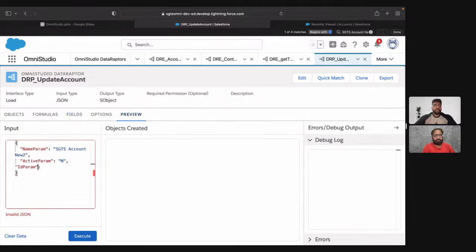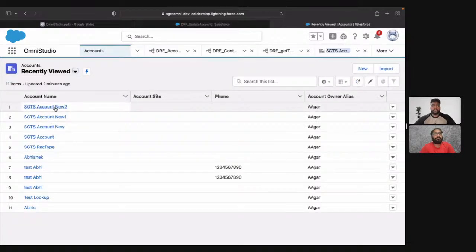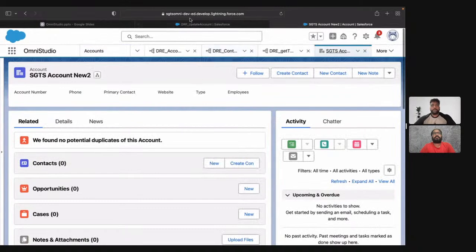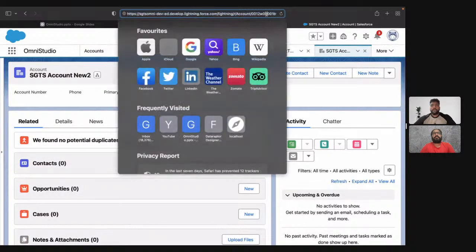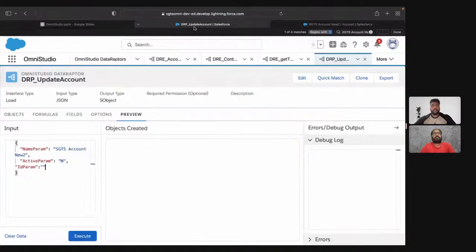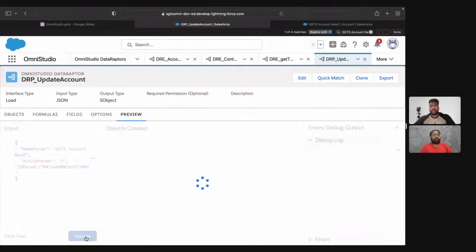ID param, and I'm gonna give the ID. So if I go to any account record, let's say this SGTS account new 2, and I'm gonna pick the ID. I'll go back to the data raptor, and I'm gonna pass the ID. Okay, and I'll say make it as Y. And if I click execute,